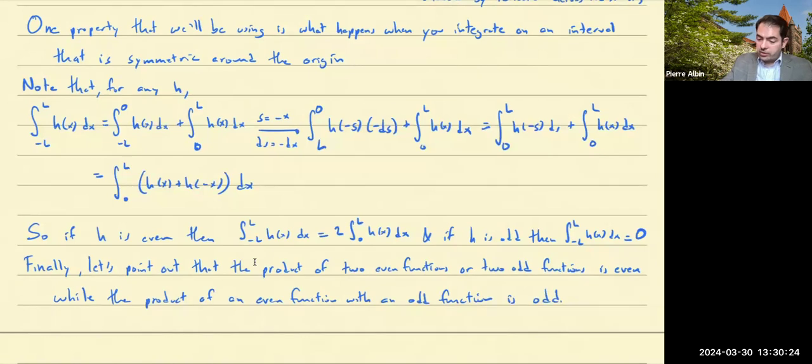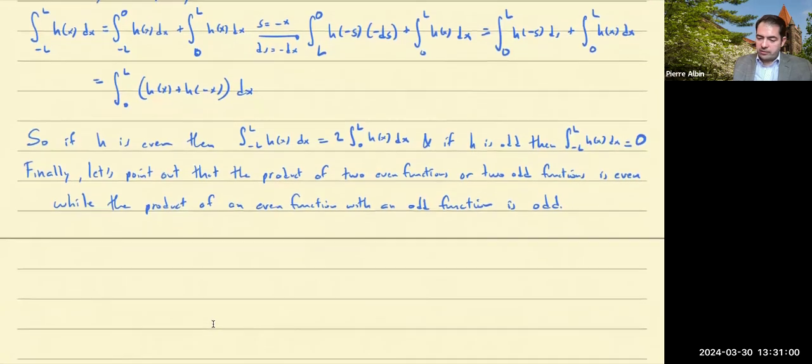Okay, so that's really easy to see. If you had two odd functions, say h1 and h2, and you evaluated at minus x, you'd have h1 of minus x times h2 of minus x. But because they're each odd, that would be equal to minus h1 of x times minus h2 of x, and minus times minus is plus. So we end up with an even function. And similarly, if you had two even functions or an even function times an odd function. Okay, so with that discussion out of the way,